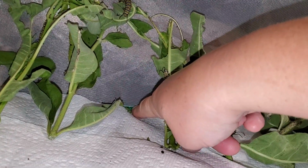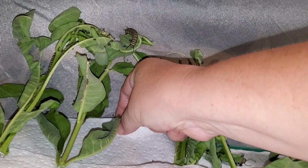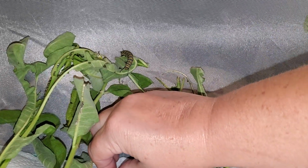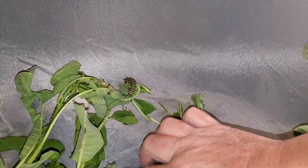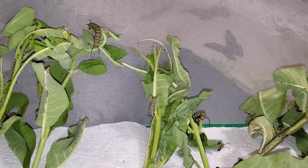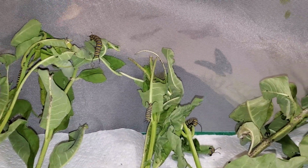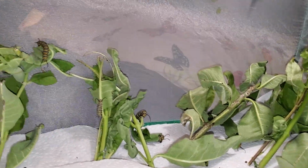Sorry, I just see some sort of an inchworm here that I was gonna try to get, but it is crawling away from me. Come here, buddy. He says no. Well, I'll have to entice him with a milkweed leaf, and maybe I can get it out of the enclosure. I don't think it'll do any harm to the caterpillars, but I just don't want any other insects besides the caterpillars in here. Oh yeah, so anyway, I'm washing my hands in between every single enclosure,